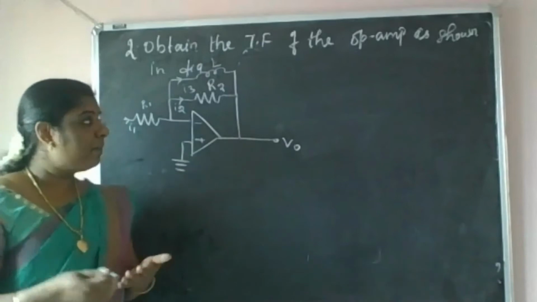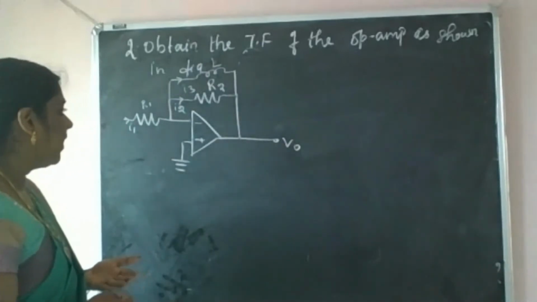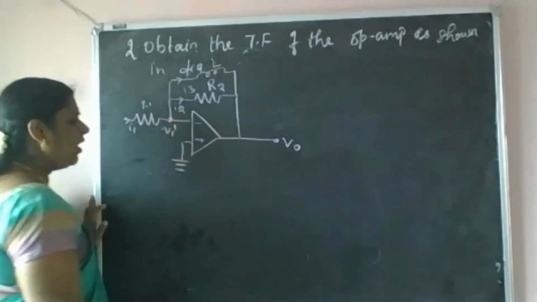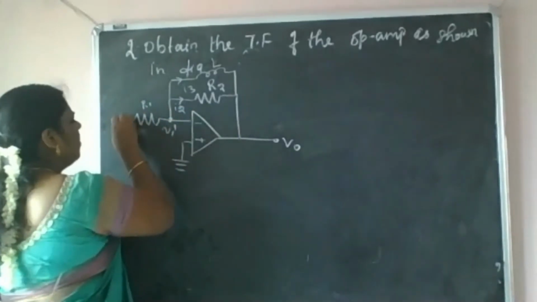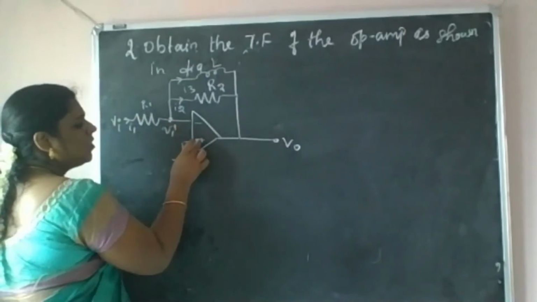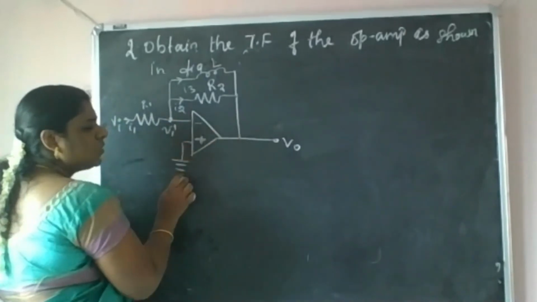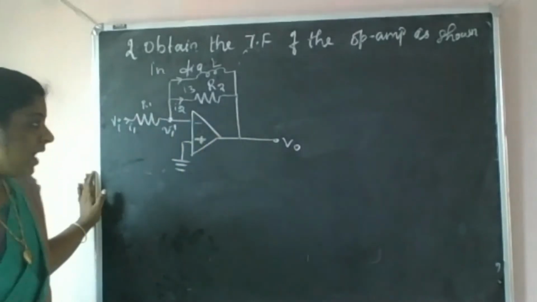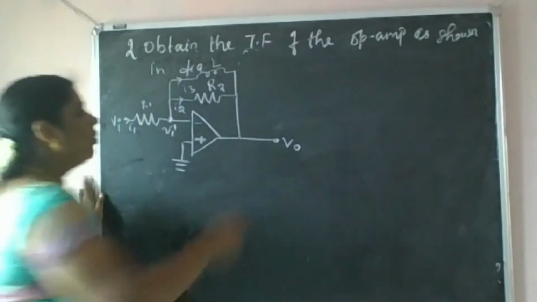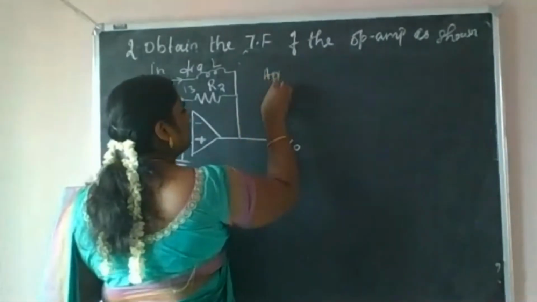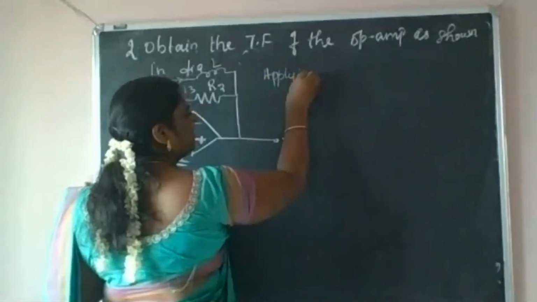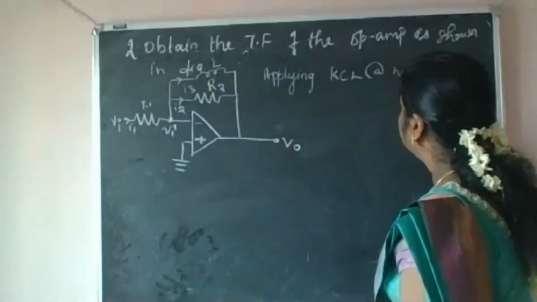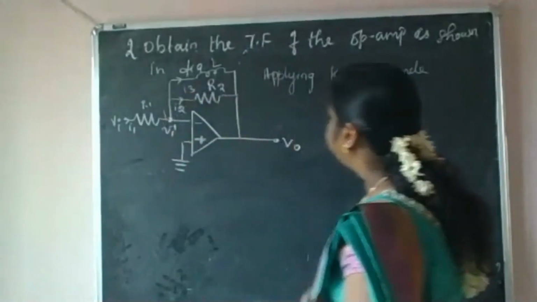First we can apply the KCL law in the circuit diagram. Applying KCL at this node, we can take this as Vi dash, and here we have Vi. Here the positive terminal is connected to the ground, so the input is connected to the negative terminal. So it is called an inverting amplifier. Now applying KCL at node 1,